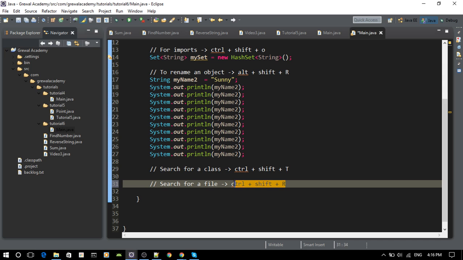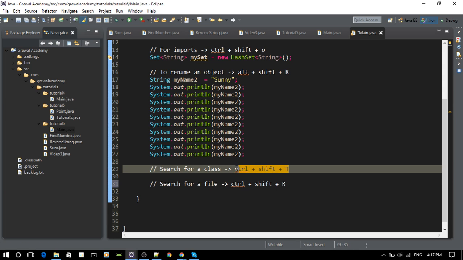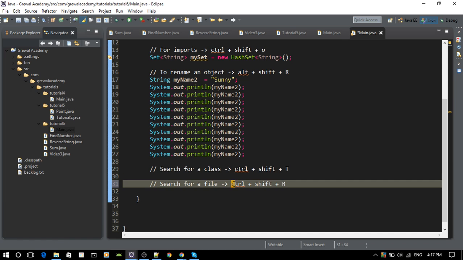So this one is for any type of file, and this is only for classes. If you only want to search for classes, this is a shortcut you're going to use. If you want to search for anything in your workspace, this is a shortcut you want to use. Okay, so the sixth thing I want to talk about is